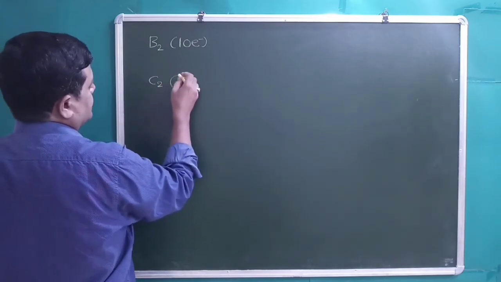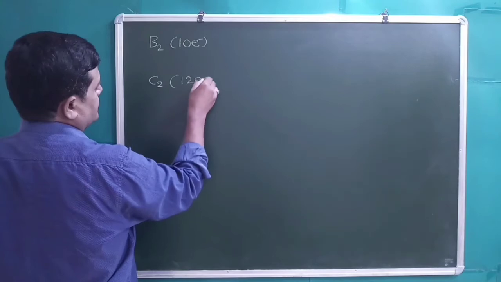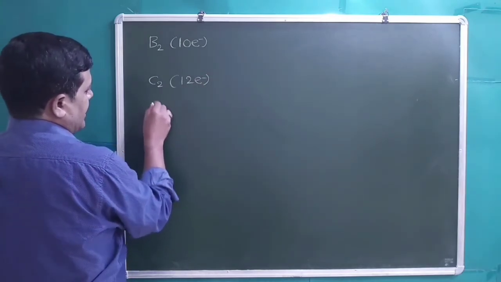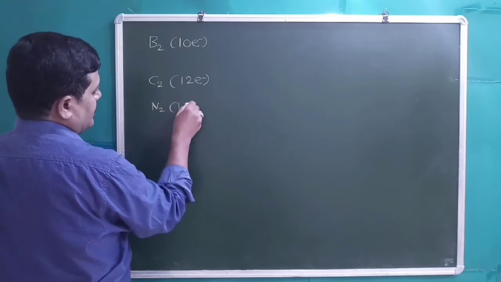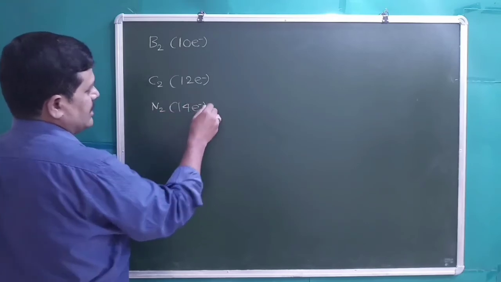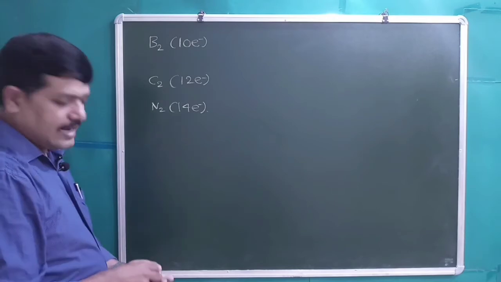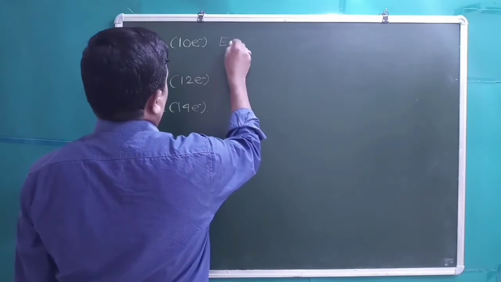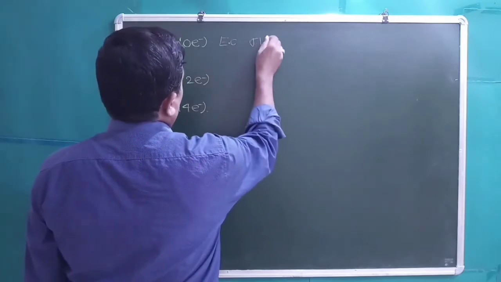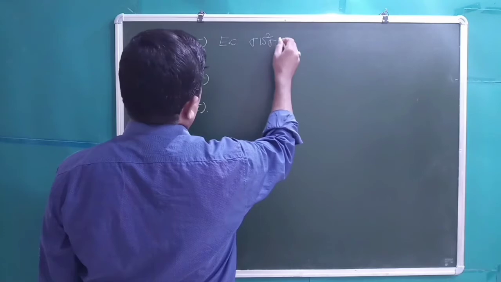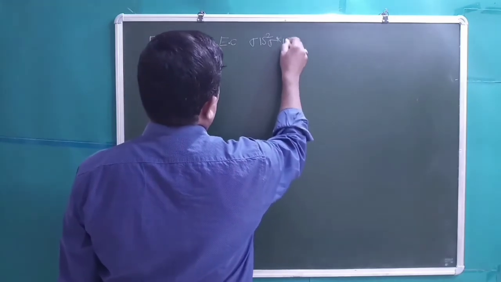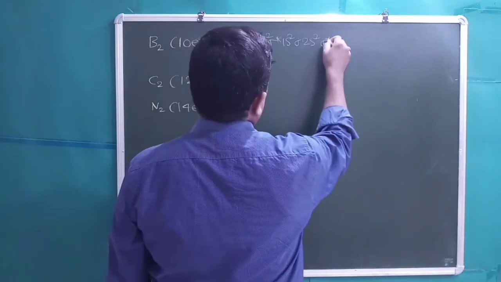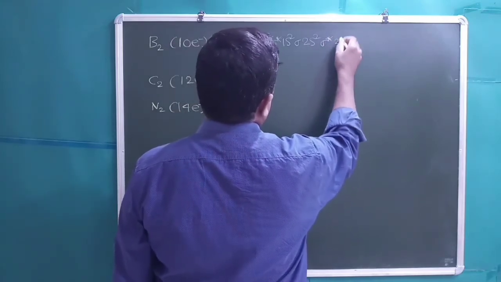C2 has 12 electrons and N2 has 14 electrons. Let us write the electronic configuration of these molecules. Sigma 1s2, sigma star 1s2, sigma 2s2, sigma star 2s2,